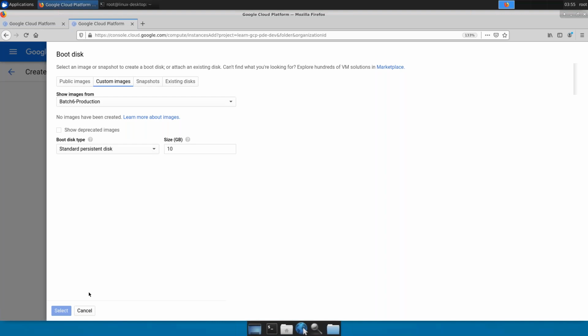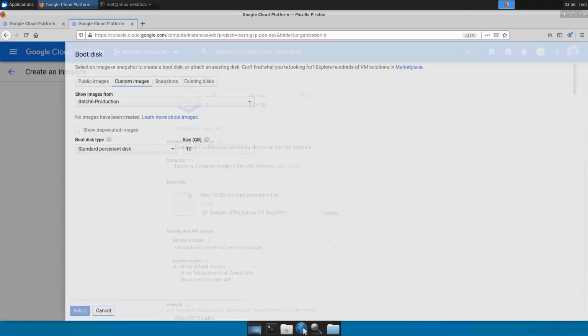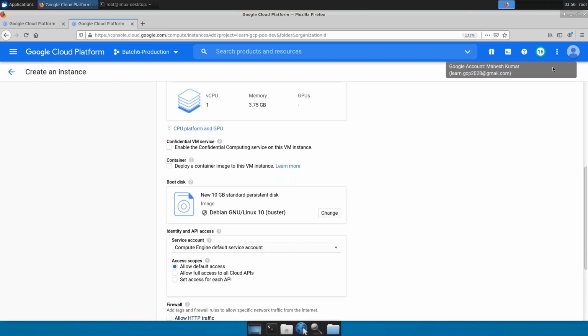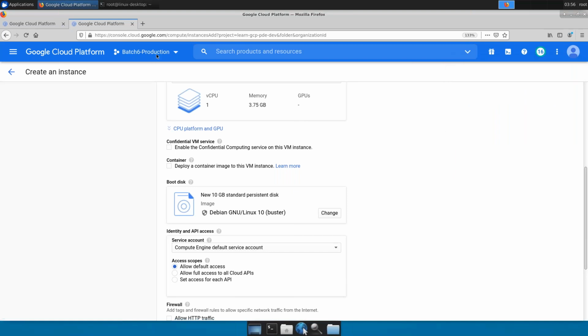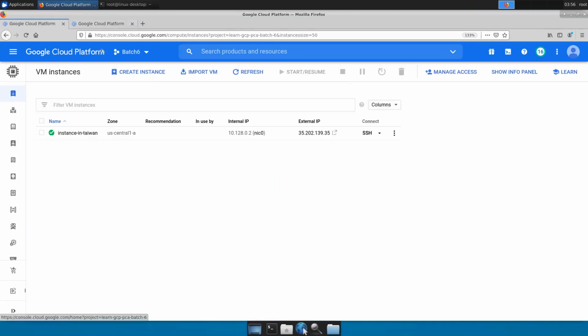All the things are covered, so don't worry. You need to have a specific IAM role. I'll show you how to do it. Now, since it is the same user, learn.gcp 2022-2028 user, who is an owner for the production project and also for the batch 6 project,